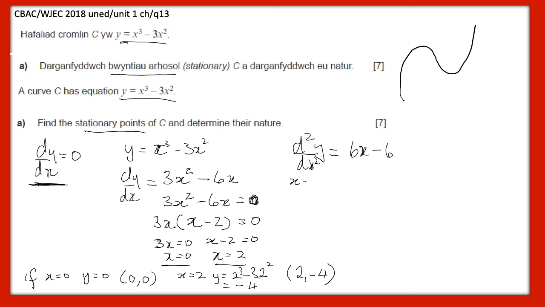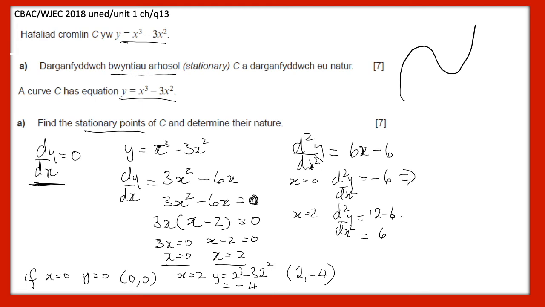and when x equals 0, d2y dx squared is minus 6, and when x is equal to 2, d2y dx squared is equal to 6 times 2 is 12, take away 6, which clearly is going to be equal to 6. You notice a certain amount of symmetry there. Now there's an implication in here